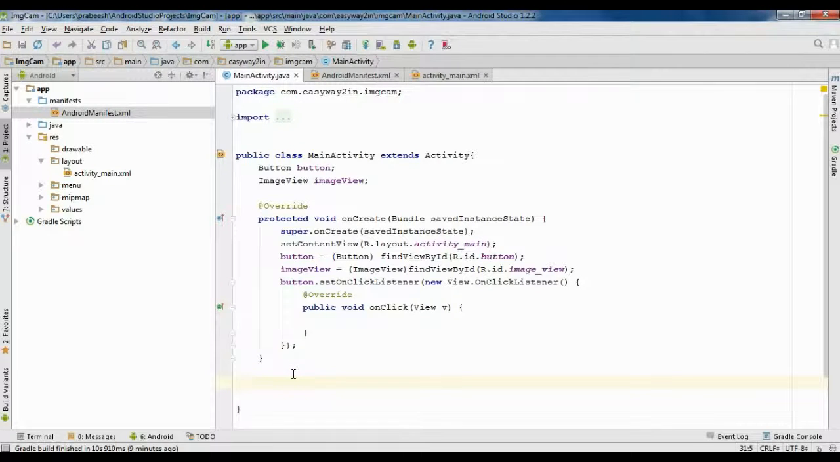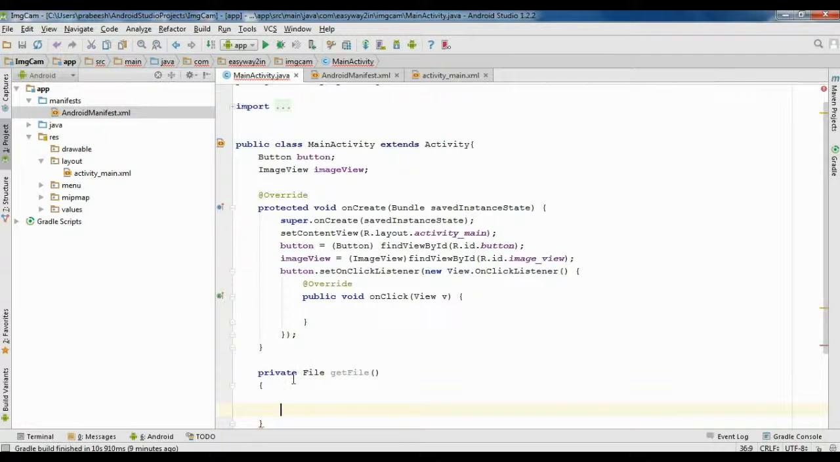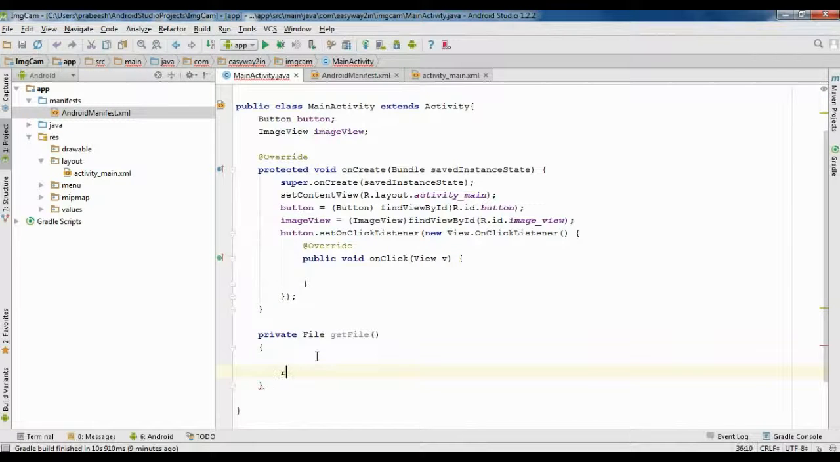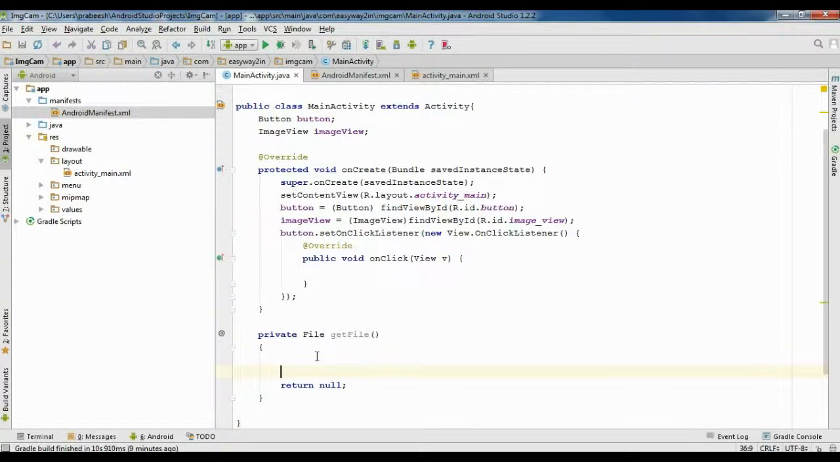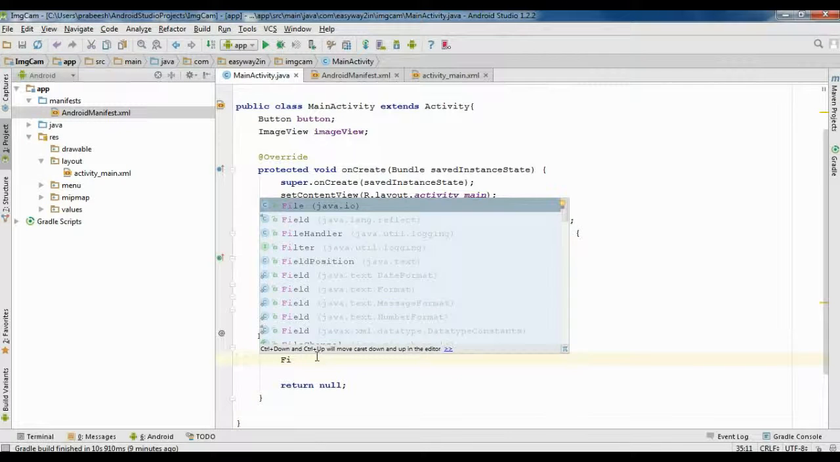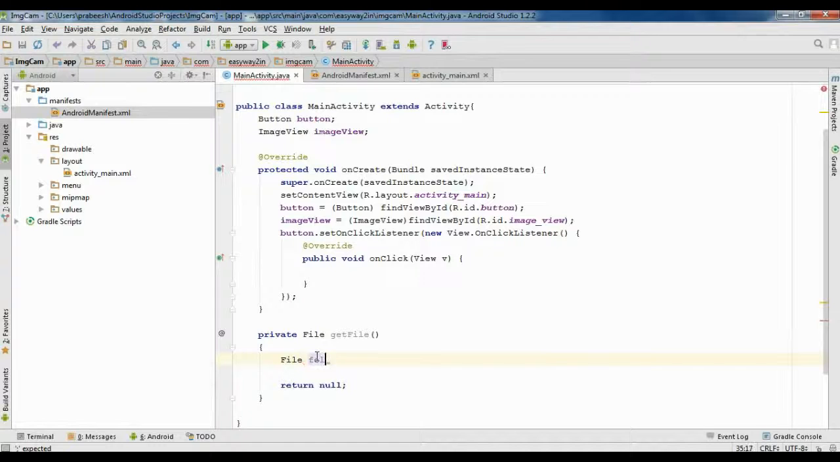So first we need to create some folder on the external storage. For that, here I am going to create a method. It's a private method, and it will return a file object, and the method name is getFile. Okay, we have to return a file from this method. Simply return null now. Okay, now we need to create a folder inside the external storage. For that, here I simply create a file. I name it as folder